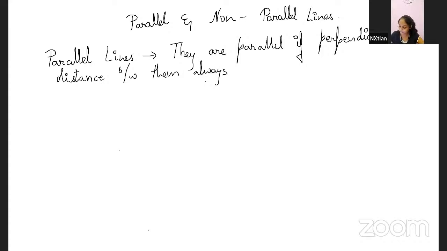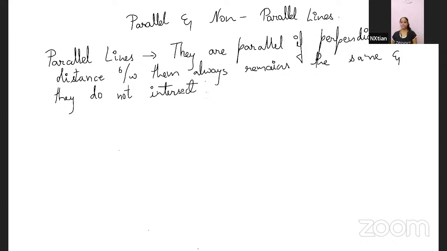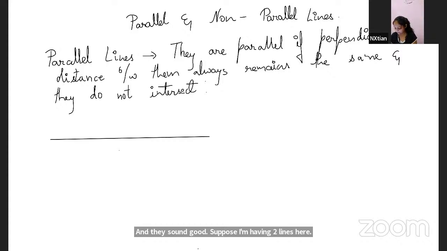It always remains the same, and they do not intersect. Okay, so we will see an example. Suppose I am having two lines here. Let's name them